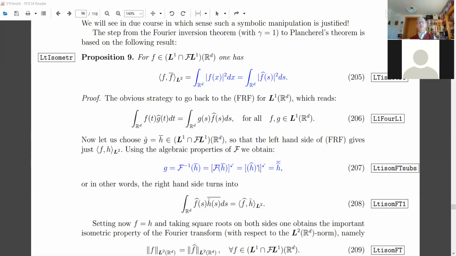So the star involution, which is the combination of flip with conjugation, goes to conjugation in the sense of complex valued functions. Because the inverse Fourier transform has the same property,